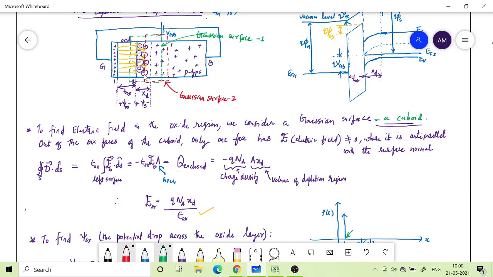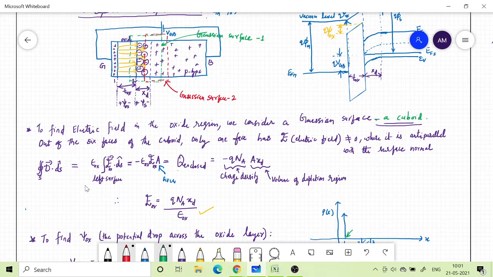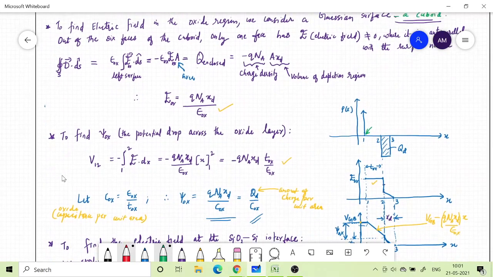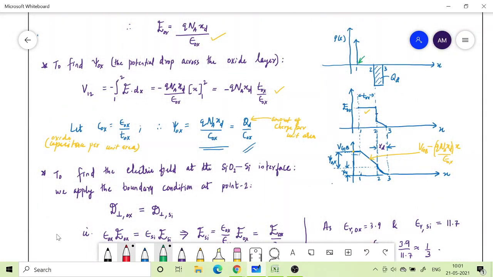So we take the left side of the Gaussian surface passing through the depletion region, and all other surfaces are like before, outside where there is no electric field. So the only electric field is in between, and we can easily calculate the charge enclosed in this cuboid. It is going to be from the left surface to the XD position. We need to integrate the amount of charge, and that will be the enclosed charge, and that will decide the electric field on that surface.